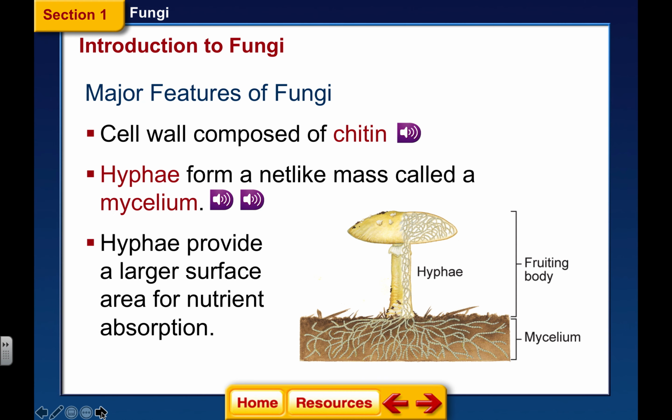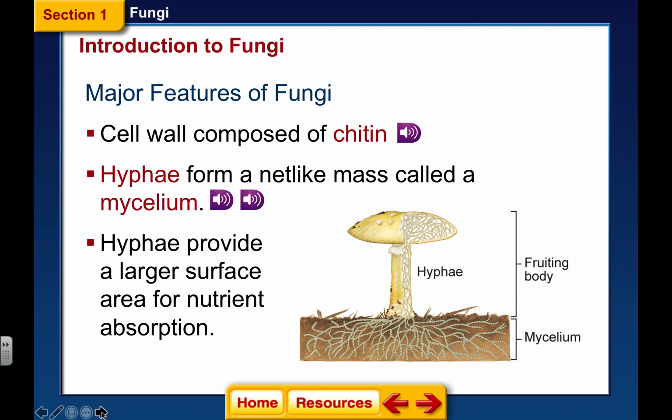Now, some of the major features of fungi, first of all, is they do have cell walls, but it's composed of chitin. And I know that you don't want to think back into our molecular PowerPoints, but early on, chitin is a starch. And so that means it's only glucose units put together. And with plants, their cell wall was made of cellulose. And it also was a starch, but there were different glucose monomers than what chitin is. So chitin's really tough. It's a lot tougher than cellulose in its construction.